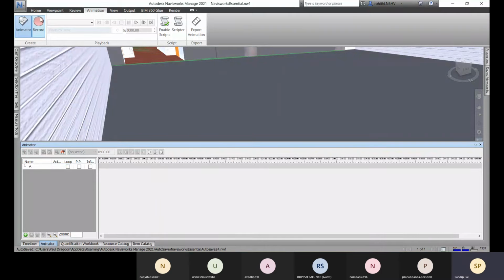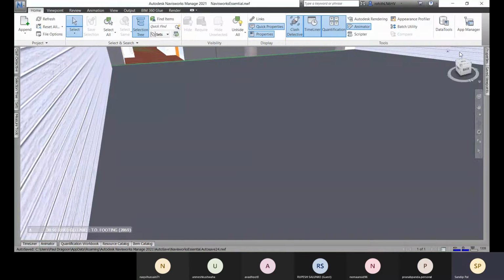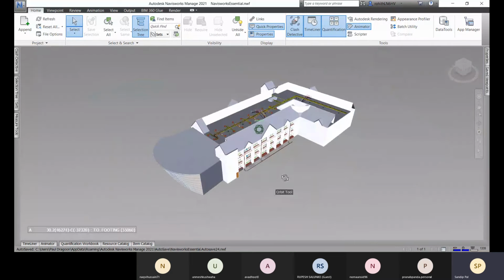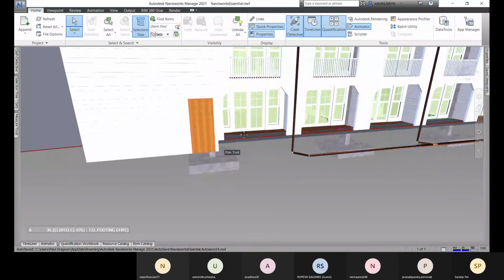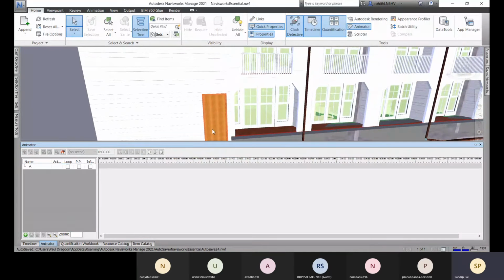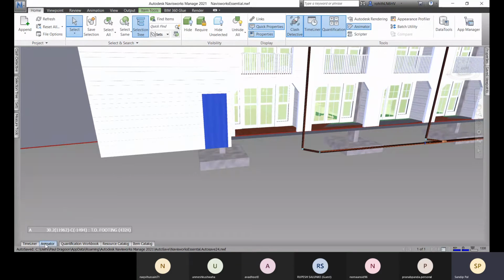Just a second, let me click on this select. Let me get back to the normal view. Let me come here and I will select this door.